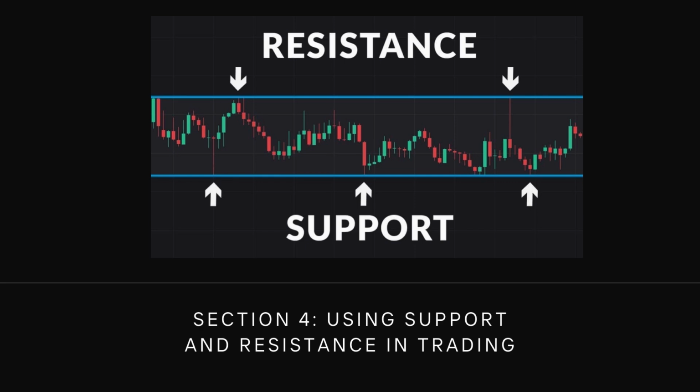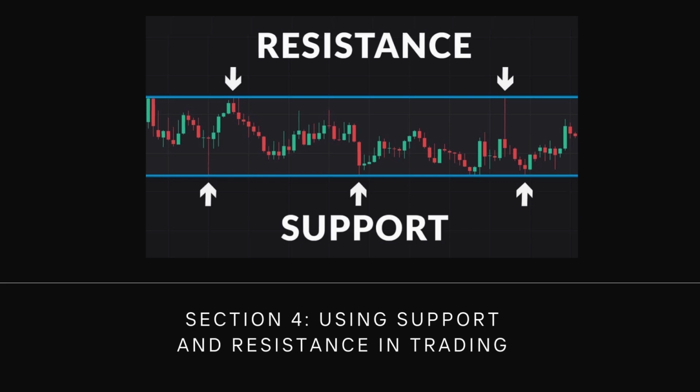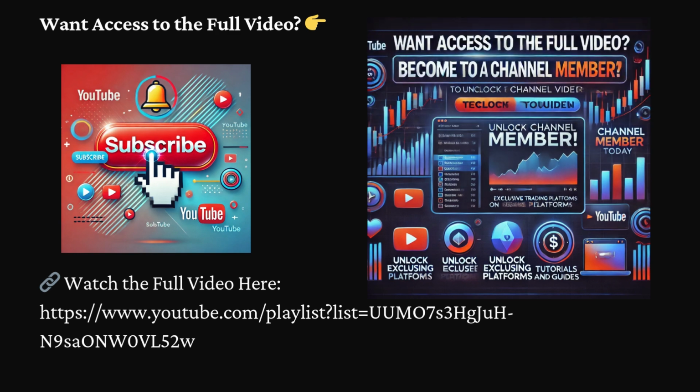Buy near support levels during an uptrend or range. Sell or short near resistance levels during a downtrend or range. Stop loss placement. Place stop loss orders slightly below support or above resistance to limit potential losses. Example, if buying near $100 support, place a